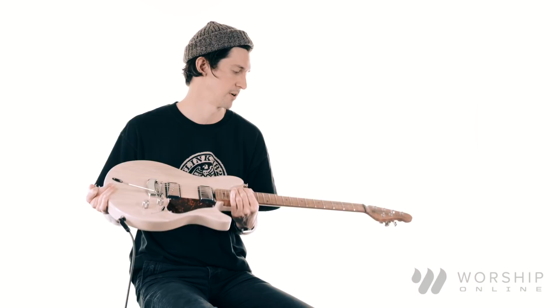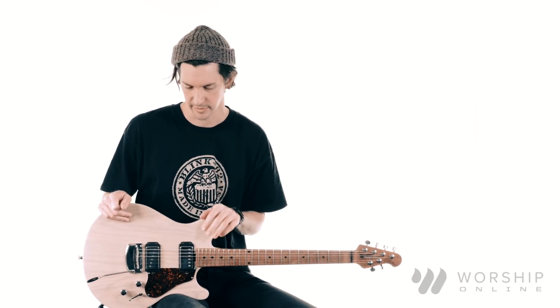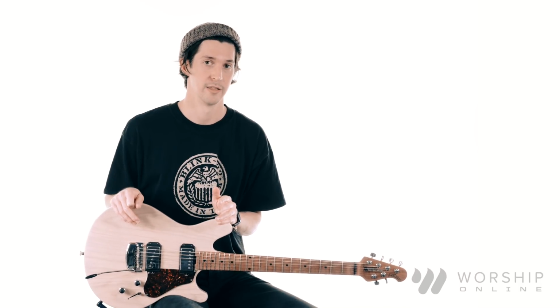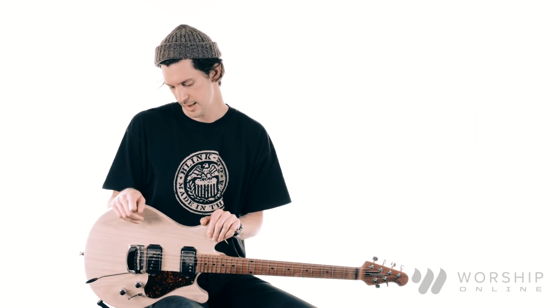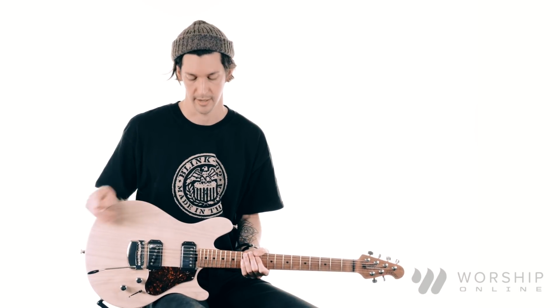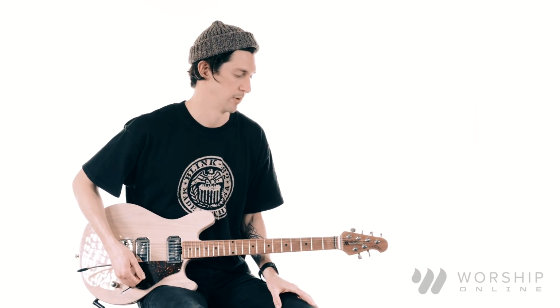Another nice thing about this guitar regarding its electronics is that it has a special silent circuit for canceling out the hum of the single coils. And so there's a battery in the back that you can replace and it can go out, but it doesn't cause any failure or anything like that. It'll just cause more single coil noise to come back. But it's a relatively almost noiseless and